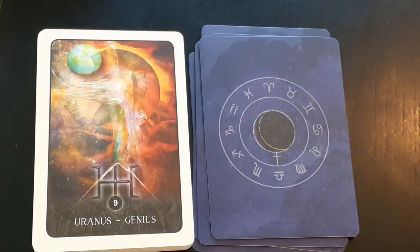Uranus, genius. Rapid changes, shocks, jolts, sudden transformations, the unexpected, revolution, government overthrows, rebellion, buckling against authority, turbulence, an upset in the usual patterns, unpredictability, being knocked off balance, relocation, feelings shattered, being erratic, not staying on course, innovation, originality, novelty, the